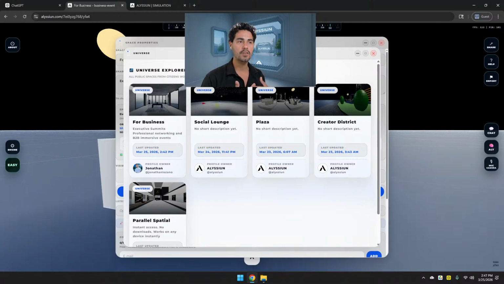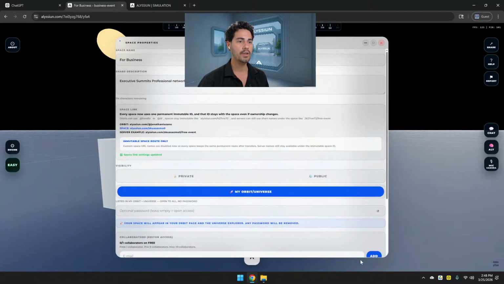When you create something cool and it's really nice, obviously people are going to like it and they're going to leave comments in the space. They're going to say, I love this space, this is nice, I can do this. That is going to give a rating for that space, and you're going to start going up in the first list, so everyone is going to join your space more and more. So that's another thing that is going to be really good in here.